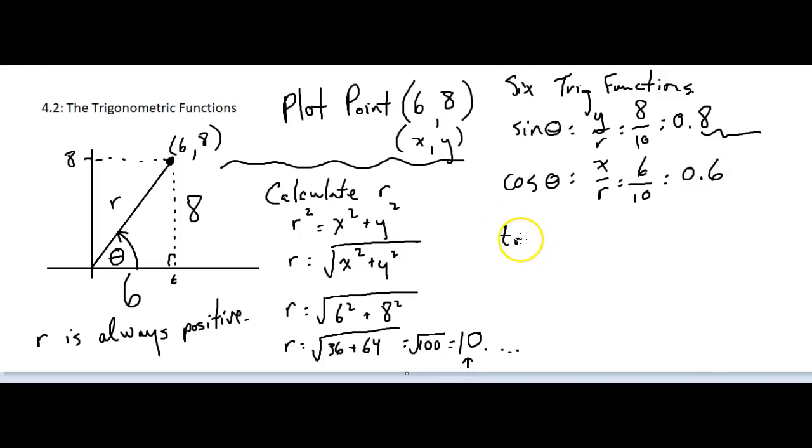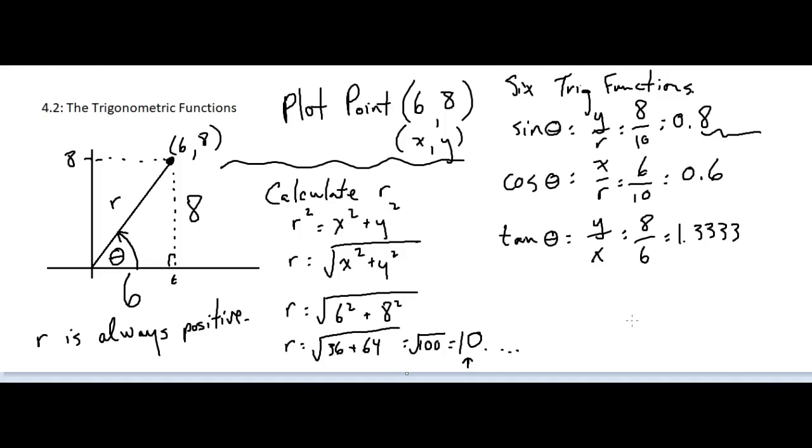And tan theta is y over x, which is 8 divided by 6. As a decimal, that is 1.3333. Okay, so I'm going to clear the screen, and then we're also going to do the